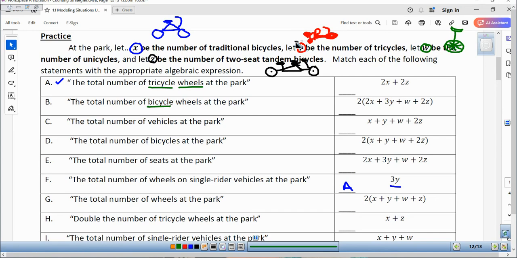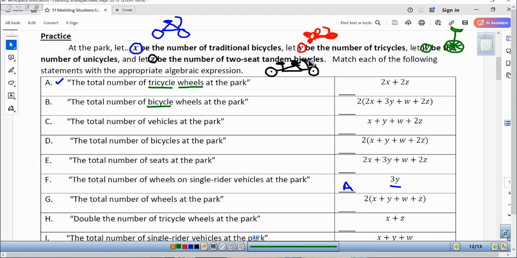So we would not be using Y in this rule at all to help us figure out how many bicycle wheels there are. The same with W. W is a unicycle, not a bicycle. So it's only X, which is a traditional bicycle, and Z, which is a 2-seat tandem bicycle, that would be